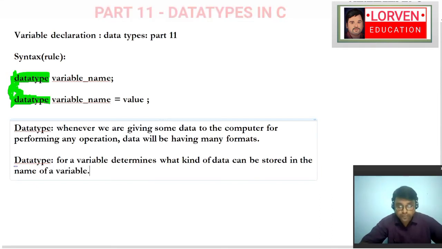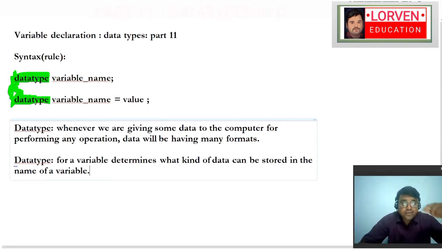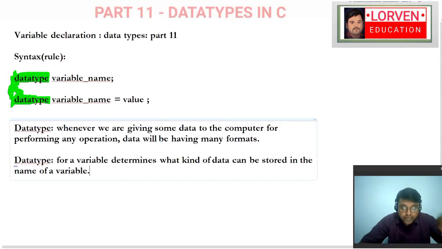If we have a variable, we give some name to it. Whenever we are trying to save some data in the variable, we have to specify what type of data we are storing, and for specifying the type of data we are storing in a variable name, we use a concept called data type.